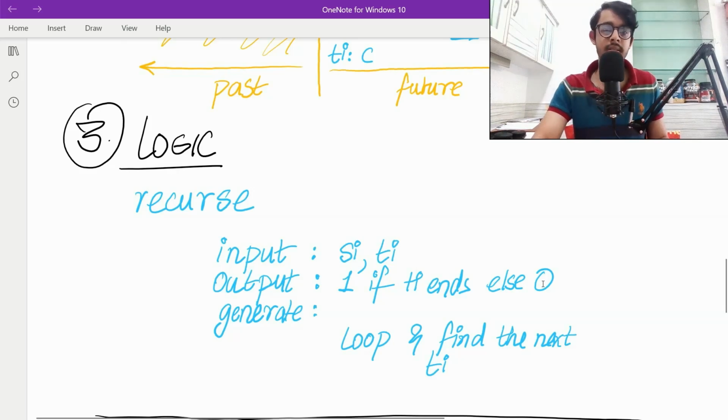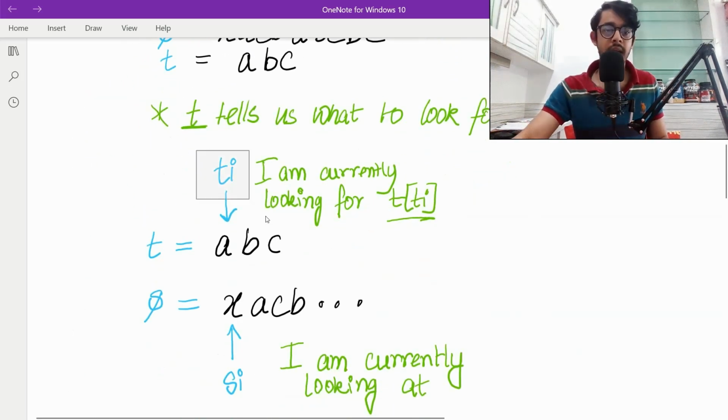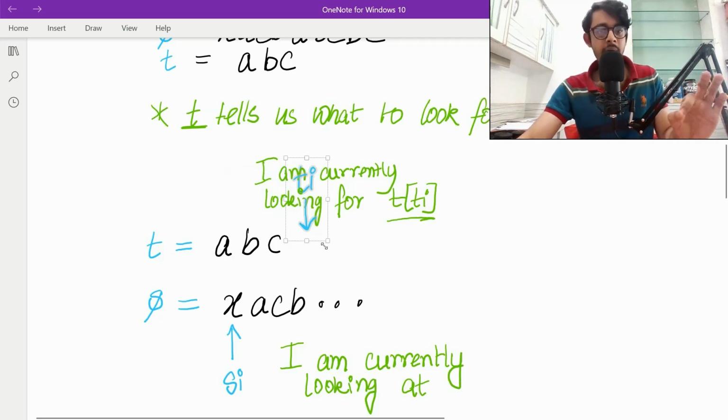What I mean by that is Ti will sometime exhaust, right? Ti moves from A to B to C, and then it will finally end sometime. And if we have found the end, what does that mean?